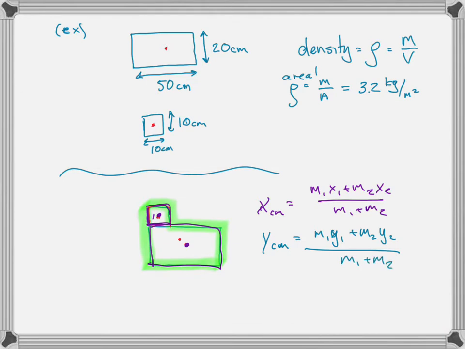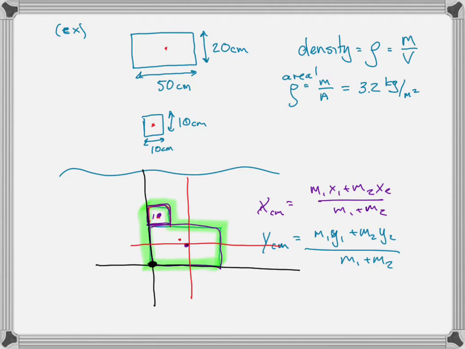Okay, so in order to solve this, the first thing we've got to do is define our coordinate axes. Now, you say, where do I put my coordinate axis? You put your origin wherever you want. We might choose to put the origin at the origin of one of the objects. It makes our math a little easier. You might choose to put my origin here. Or, again, a different coordinate axis, maybe I choose to put my origin here. It doesn't matter. Put it wherever you want, but make sure you pay attention to where you put it